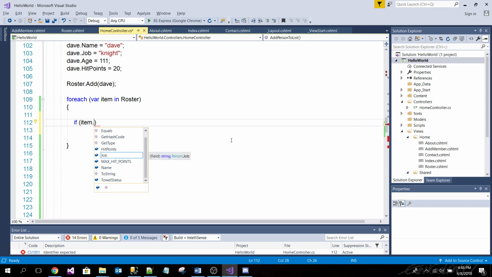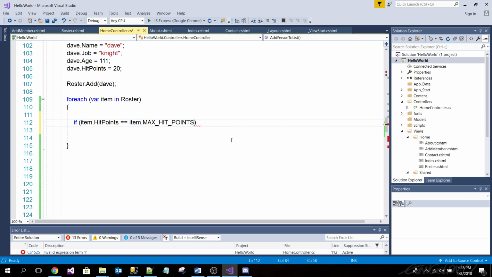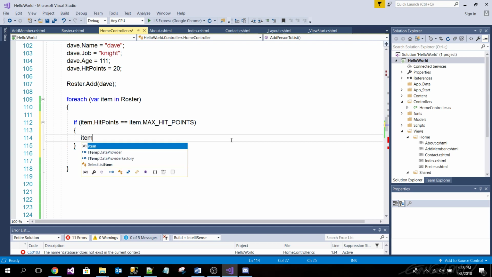Yes, hit points equals max hit points. Then hit points is equal to 30. That's right.